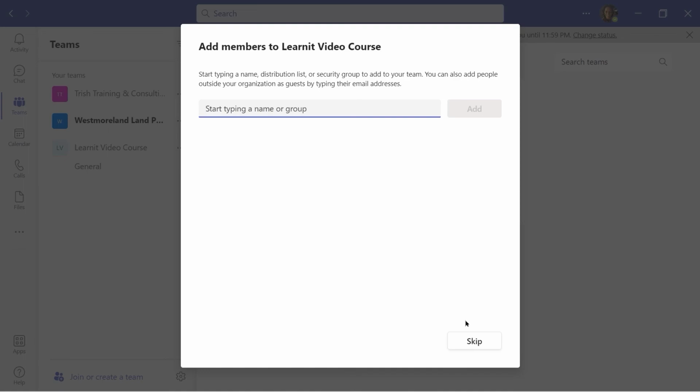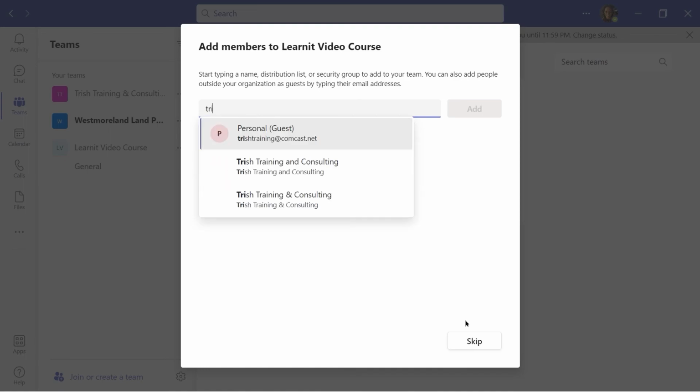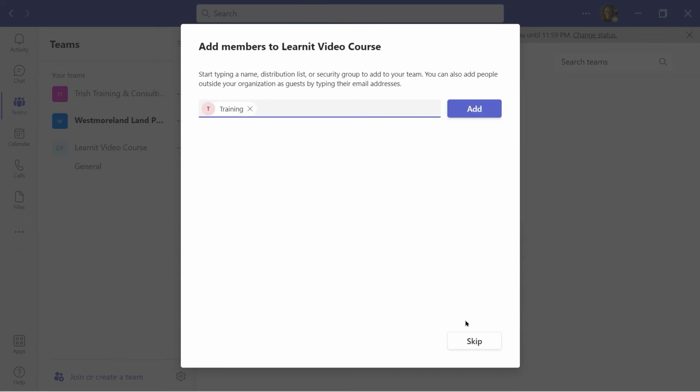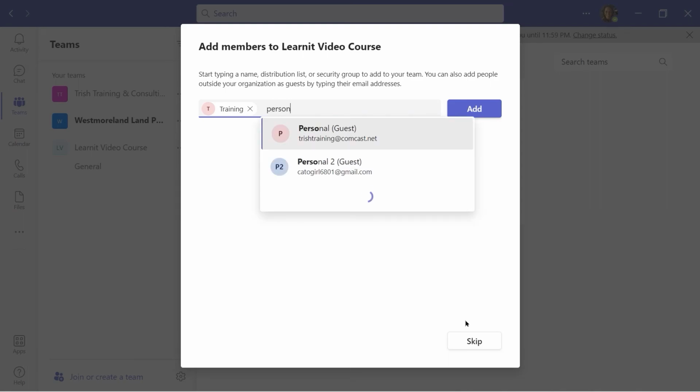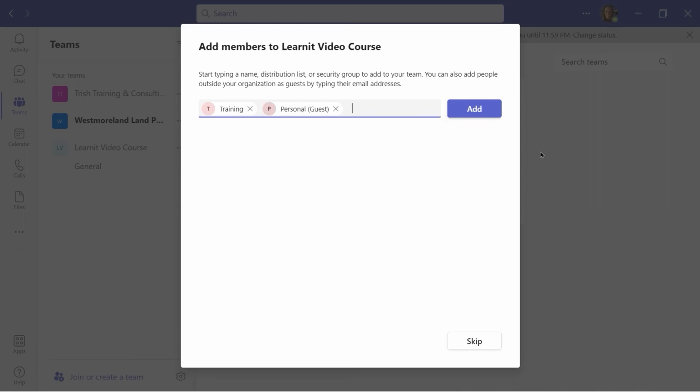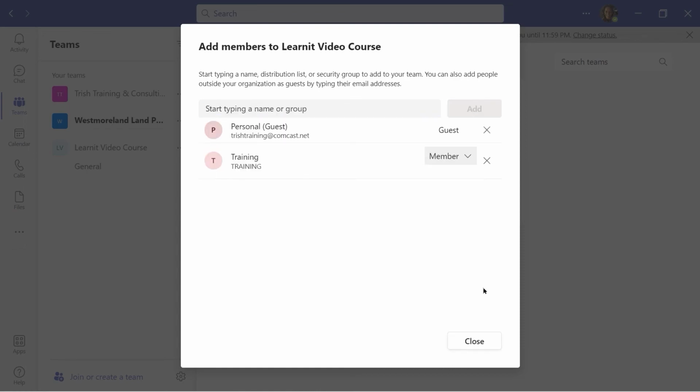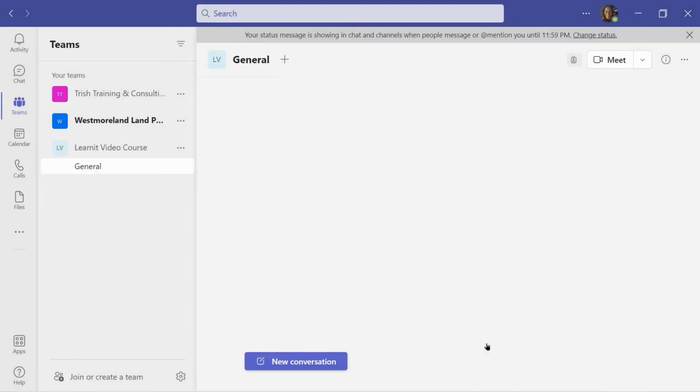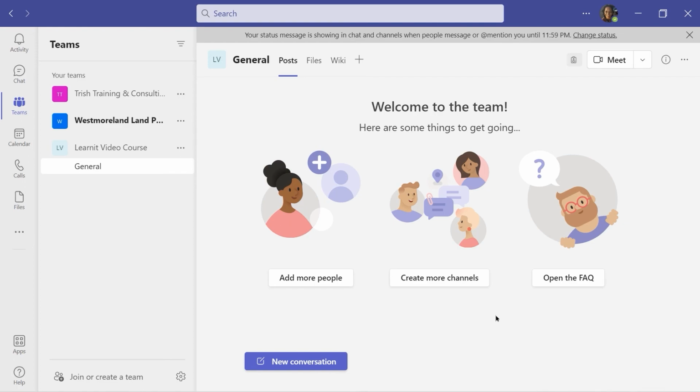So I'm going to go ahead and add an in-organization person and an outside organization person. And then I'm going to click Add on the right. And then I'm going to close. And of course, I'm a member of the team because I created the team.